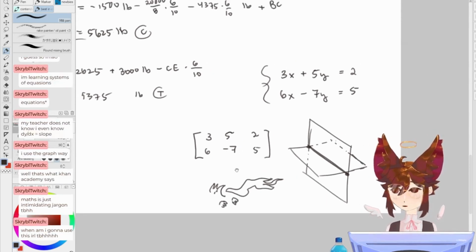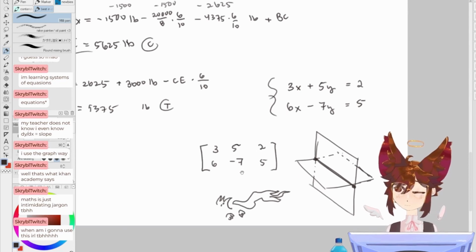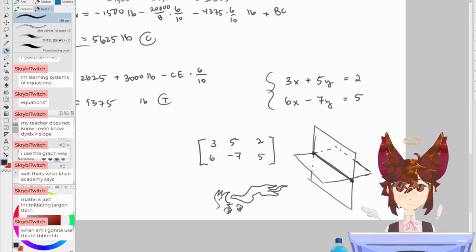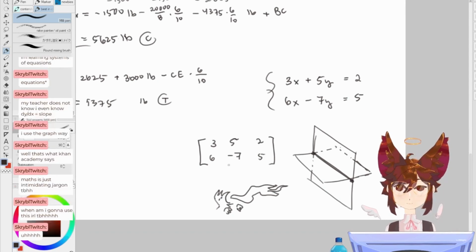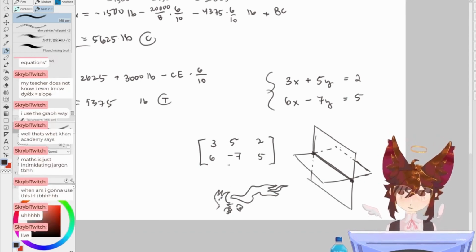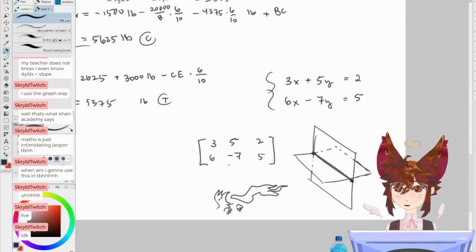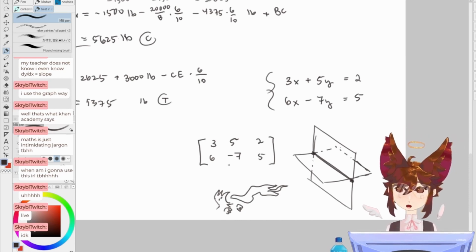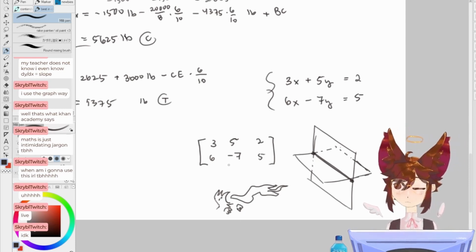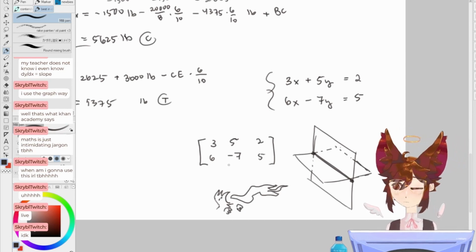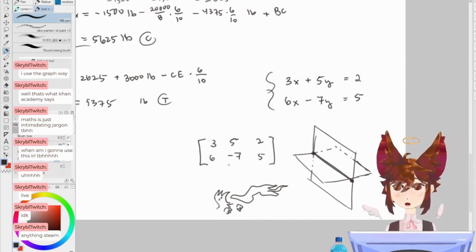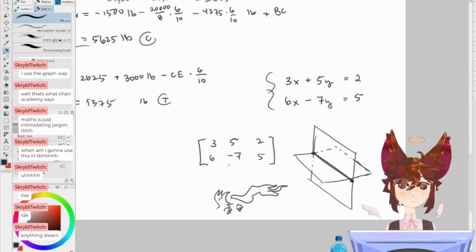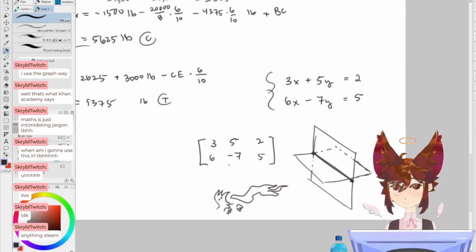When am I going to use this IRL? Well, what have you thought about what you want to do for a career? Not like an actual job, but like live. I don't know. That's fair. But do you know if you want to go into science, or if you want to go into liberal arts, so maybe writing or art or something? Because if you're going to go into anything STEAM, if you're going to be doing science, then math is really useful.